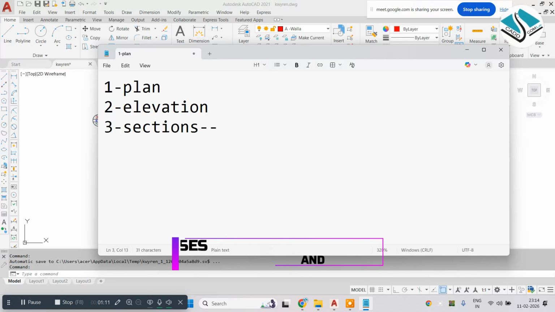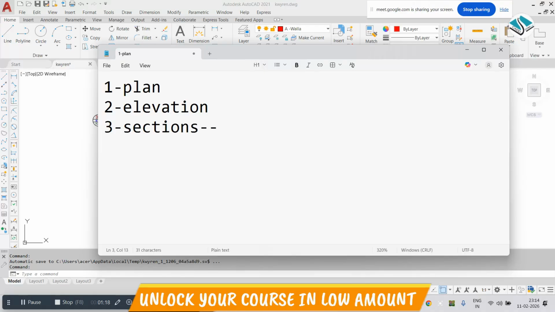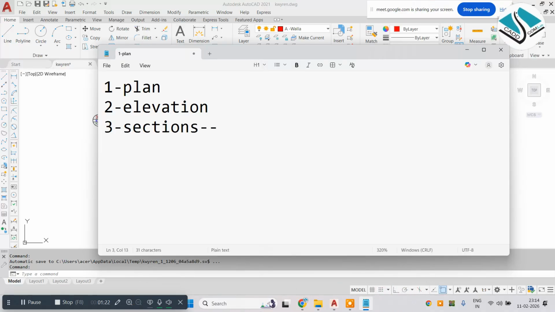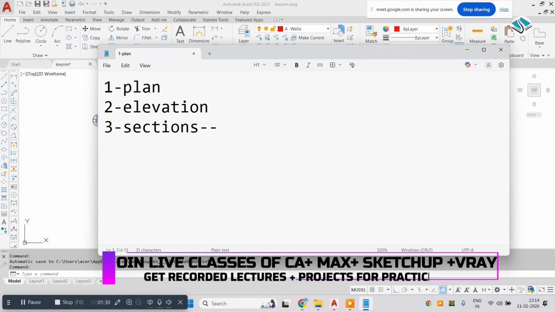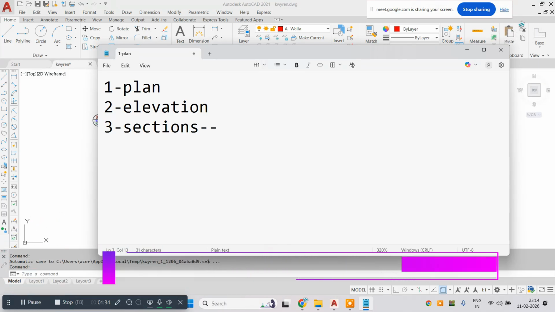In architecture, we start with the plan. In architecture part, we also work on the elevation, then we work on the section part. And the same steps we also follow in the interior part. We start the drawing with the plan, then we work on the elevations part, then the third one is section part. But in interior part, there are some important